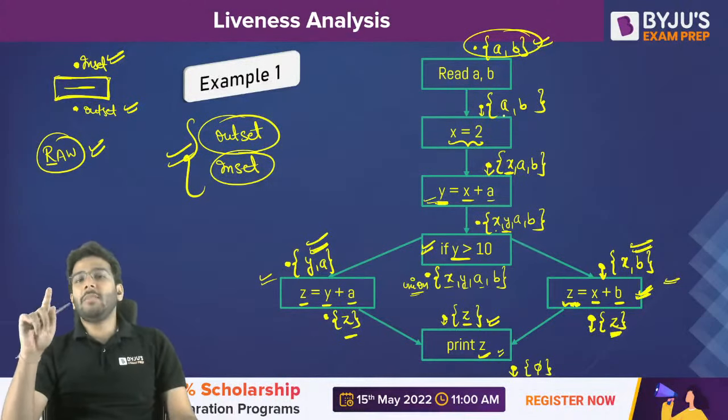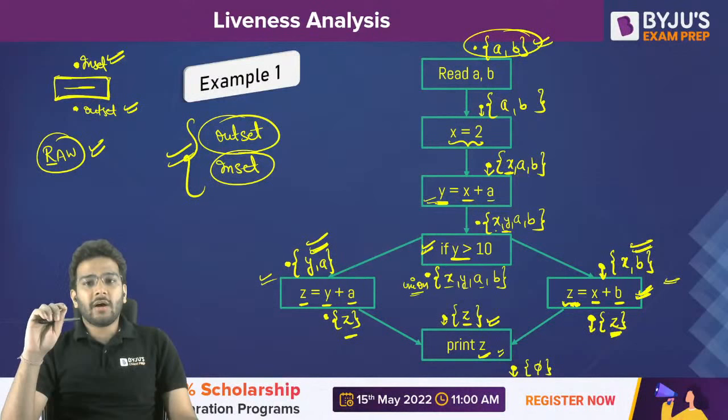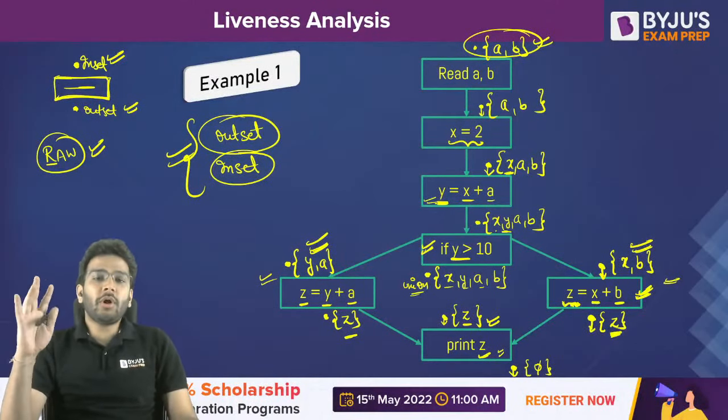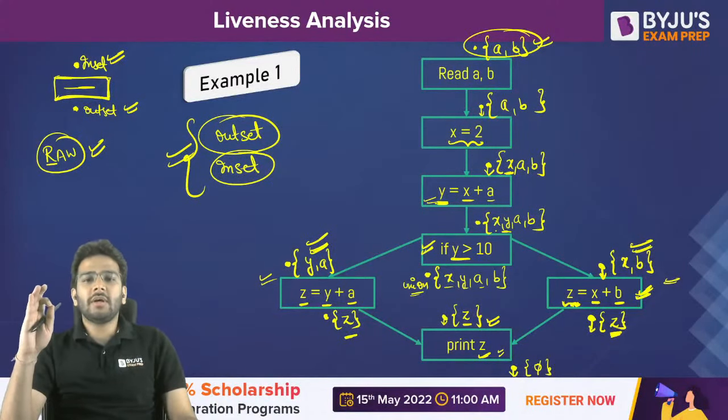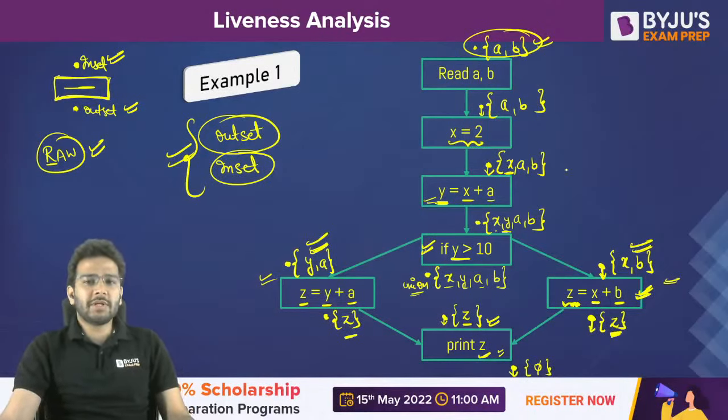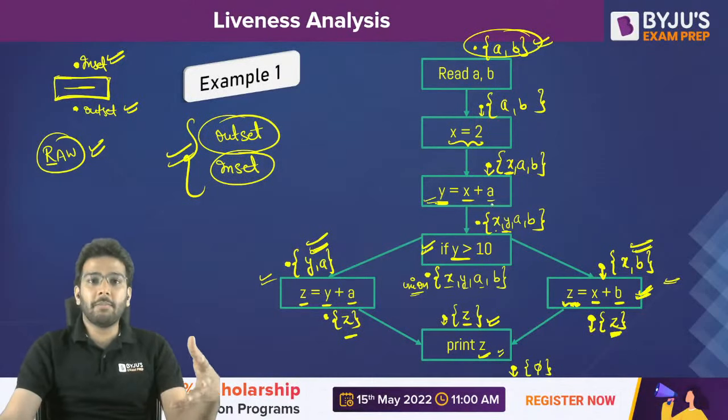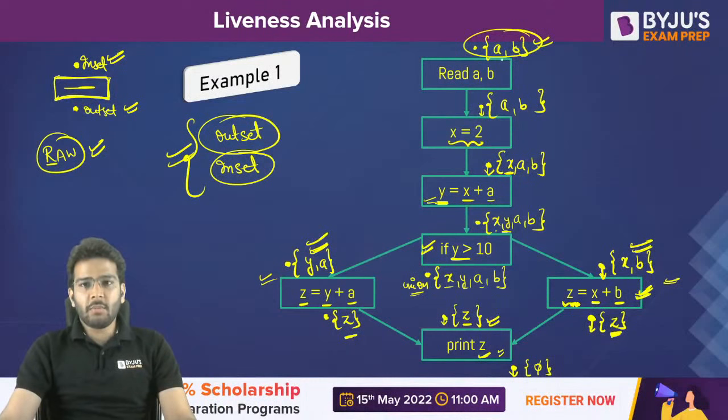So in the GATE exam, they may ask you the live variables present at any point in the program. It's not like you only have to find it at the top. They may ask you anywhere. They may number these statements and ask what will be the live variables present at this particular point in the program. So these types of questions can be framed. Yes, a, b will be there now, because we are just reading the value of a and b, we are not writing into it. As you can see, read a, b. Is it clear, everyone? If you have any doubt, please ask.